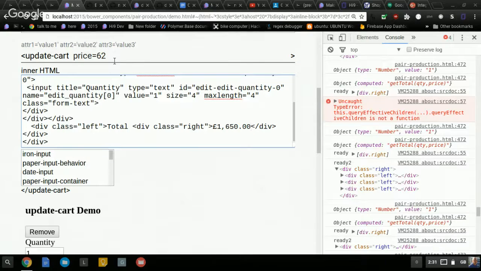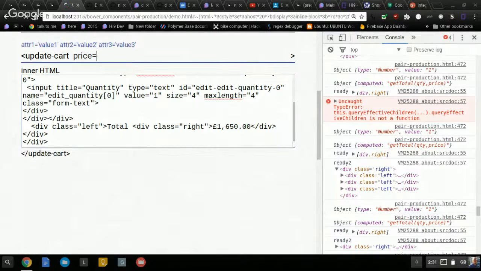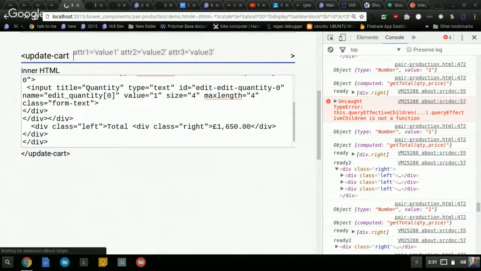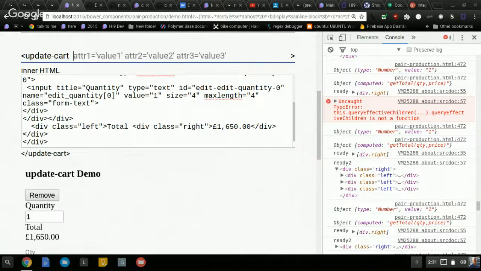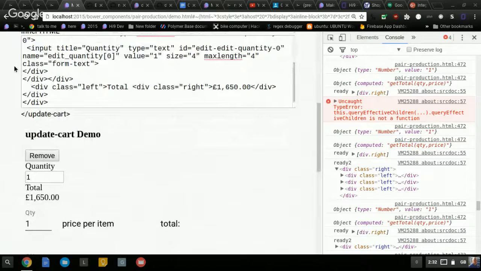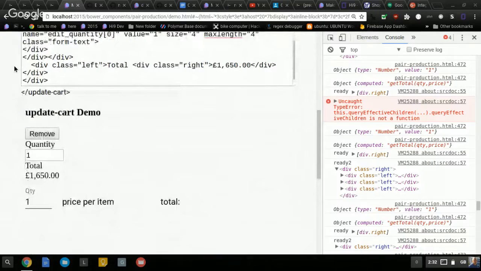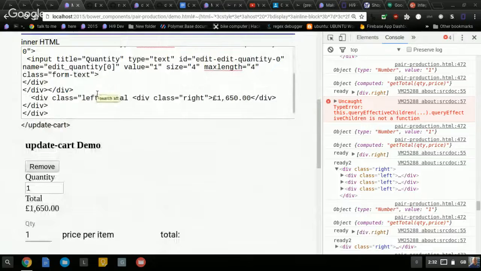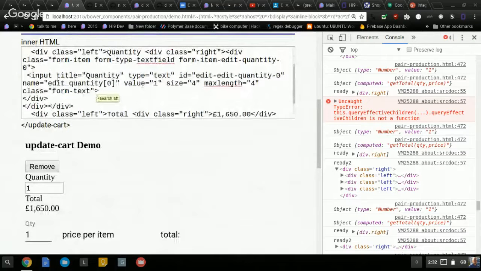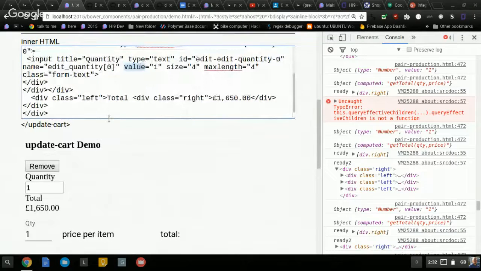So really I could wrap the whole thing in the update cart tag, and then it should be possible for us to determine what the value is and what the price was,